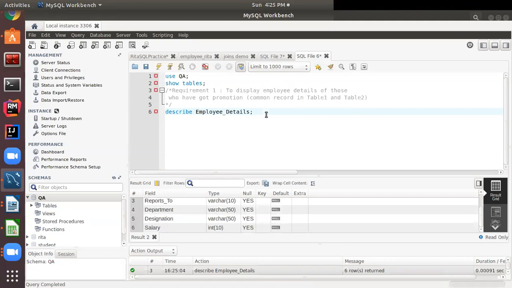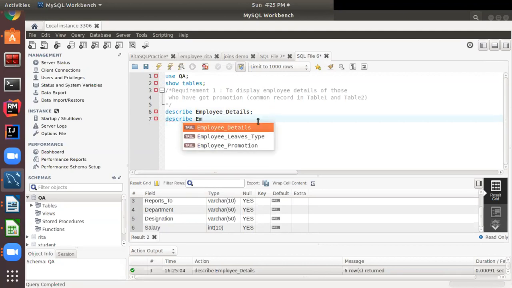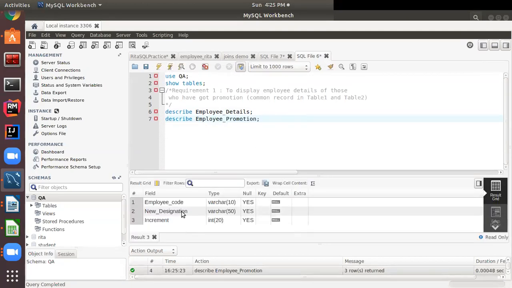Now, what is the name of the other table? The other table is employee promotion. Let's check this table as well. It has only three columns: employee code, new designation, and increment. As you can see, what is the first step I told you?